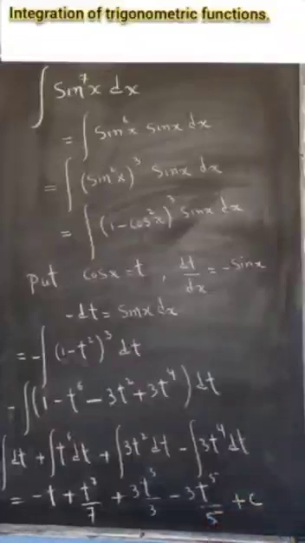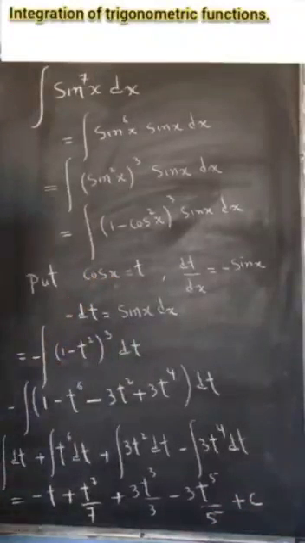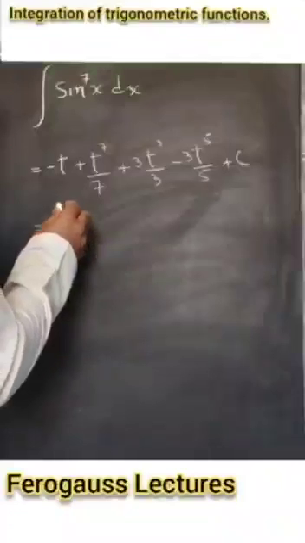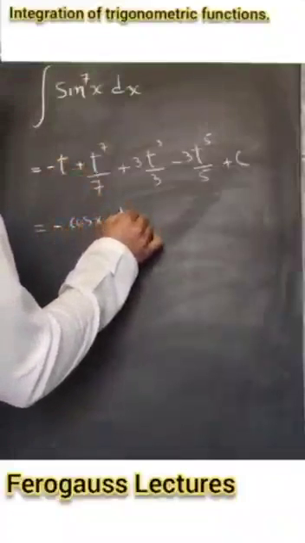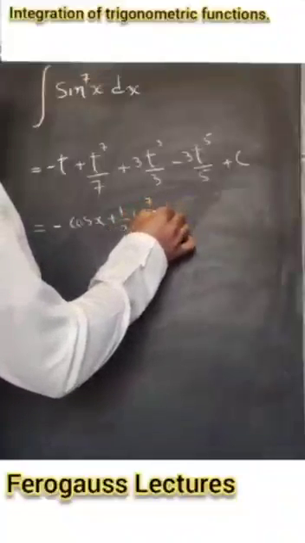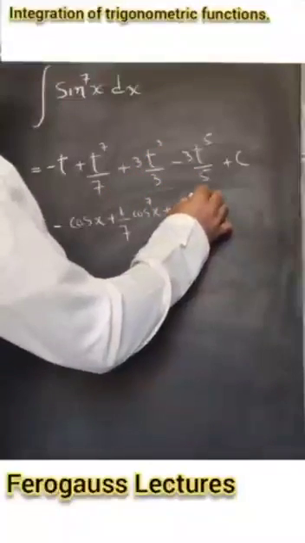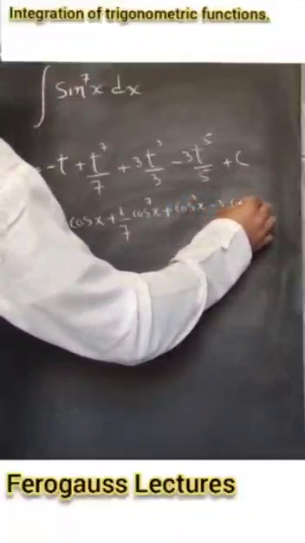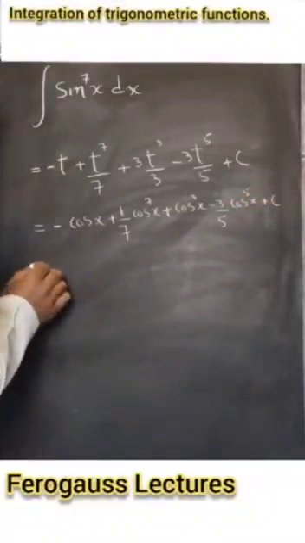Now we can replace t with cosine of x, so we get it is minus times, instead of t we have cosine of x plus 1 by 7, it is cosine raised to power 7x, 3 by 3 is 1, so we have plus t cube, so we write cosine raised to power 3x minus 3 by 5 cosine raised to power 5x plus constant of integration c, or